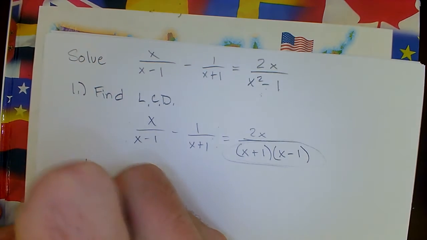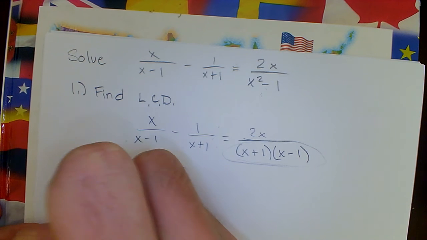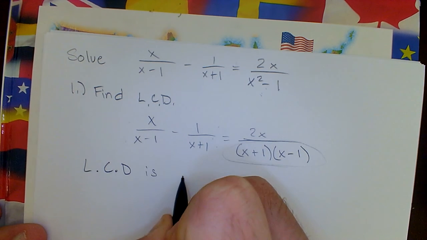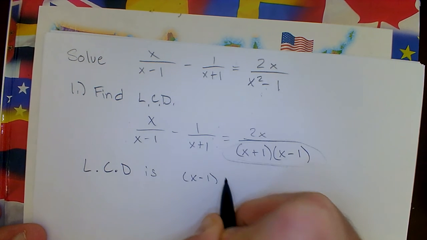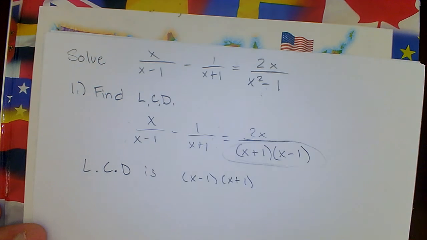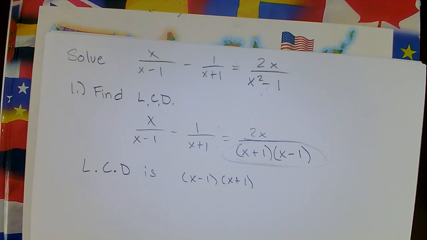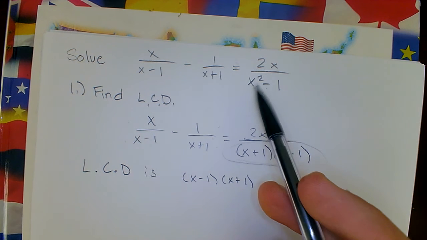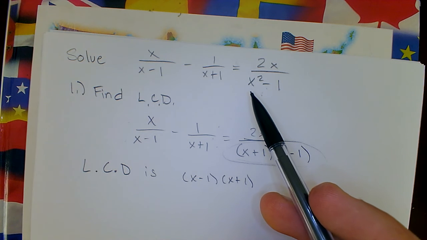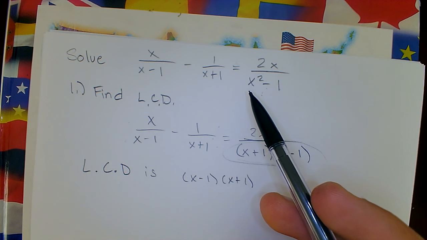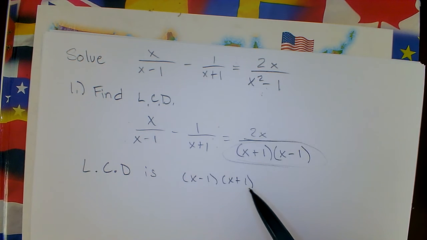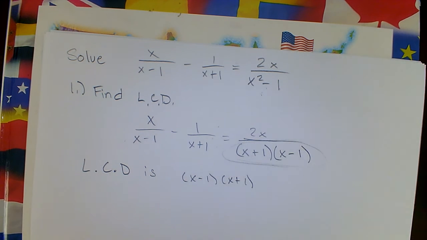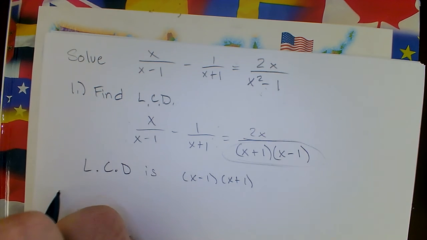Okay, so the LCD, or the least common denominator, is x minus 1 times x plus 1. Right, in the last example, there was no other option but to just multiply the denominators together. But in this case, we could have done that and got a just common denominator, but then our common denominator would have an extra term here. So it's always best to try and find the least common denominator first. Okay. So now that we've done that, our second step